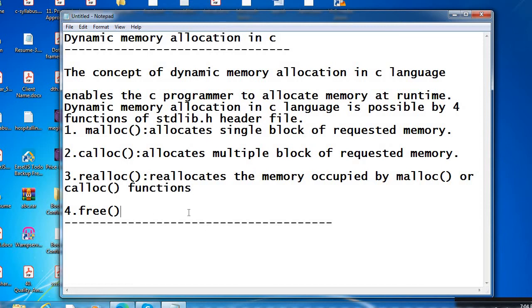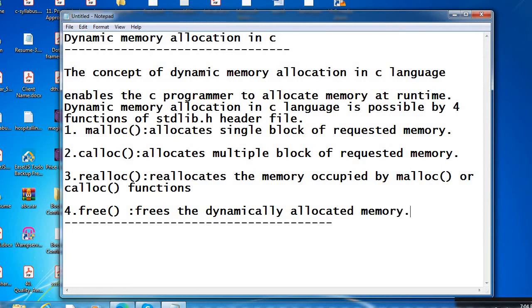And the next one is free, which frees the dynamically allocated memory. Whatever memory we have allocated, it will free the memory.